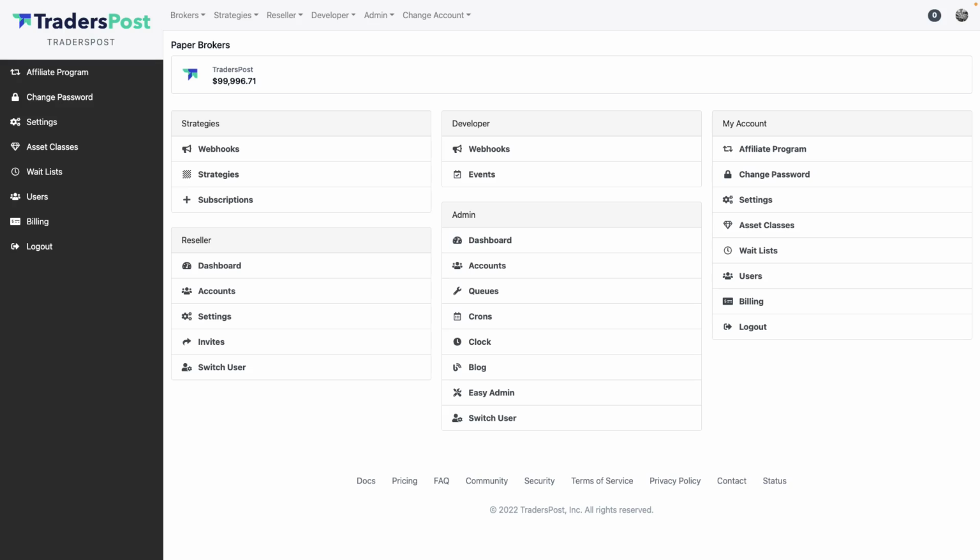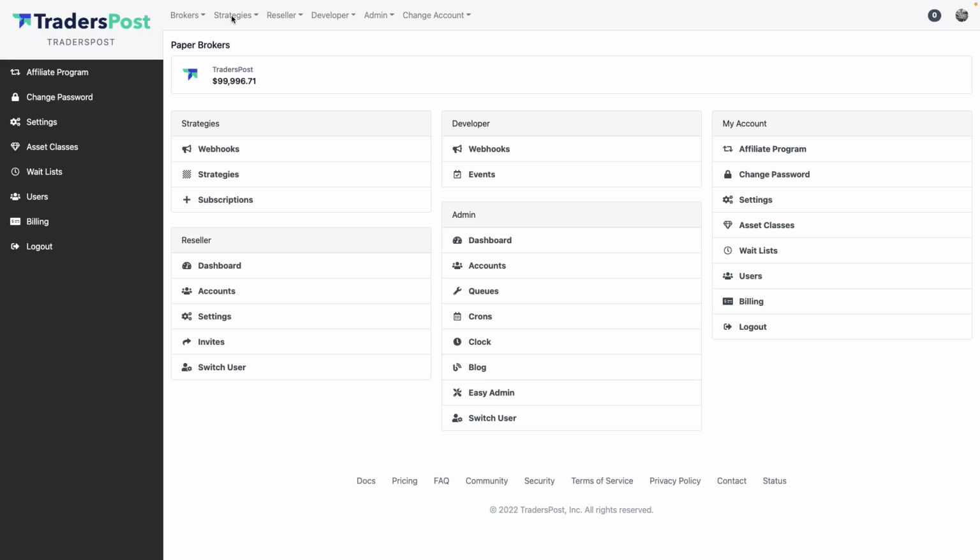This video is going to quickly show you some new features that were released last week. They allow you to have a take profit and stop loss defined in the actual webhook signal. Previously, you would only be able to calculate a percentage-based take profit or stop loss that's configured in the strategy subscription. But sometimes you may want to configure and send that take profit and stop loss information with the entry